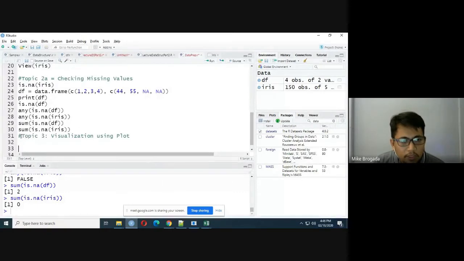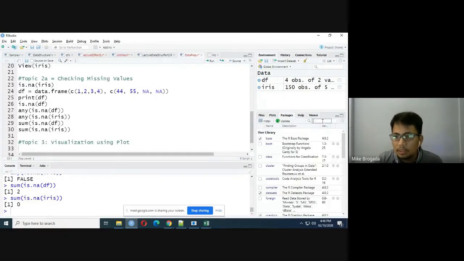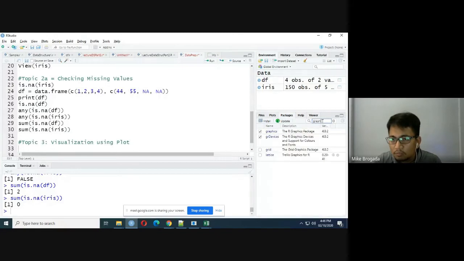So in this topic, you need to activate the package graphics. So dito, sa packages, you need to type here graphics. So by default, it is activated in my RStudio. Pero sa inyo, you need to check this kung activated nga siya. Kasi ang gagawin nyo lang kanina, i-update nyo, you click this update para ma-download nyo yung latest updates about dun